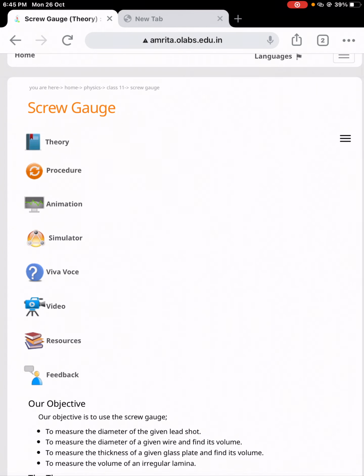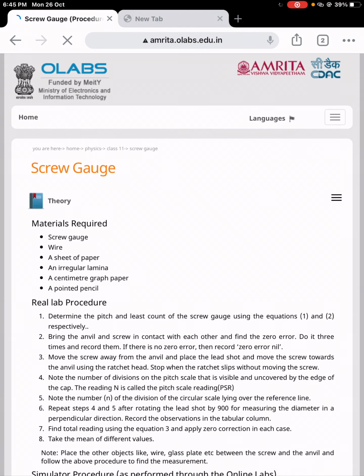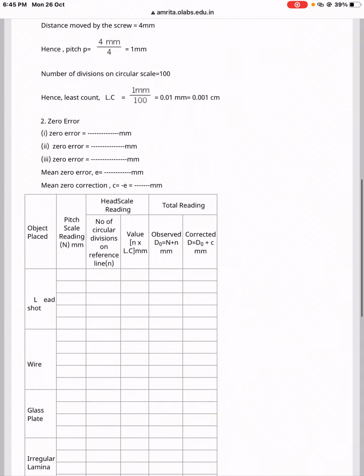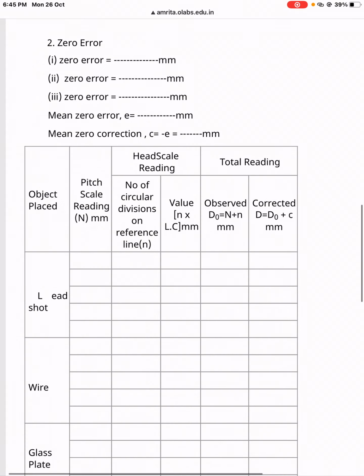Coming to the procedure, we have a table here. In the first column, we have to write the pitch scale reading, then the number of circular scale divisions on the reference line, then the value, and then we will have a formula in which we put both these values and calculate the reading.